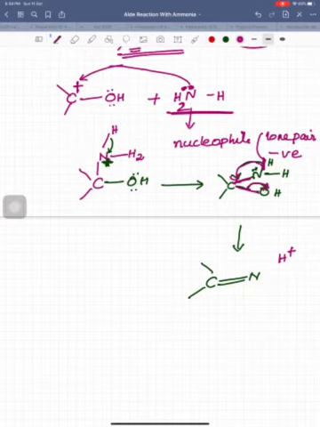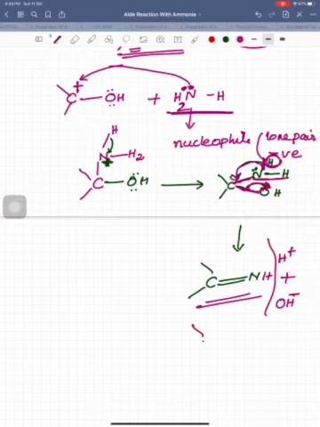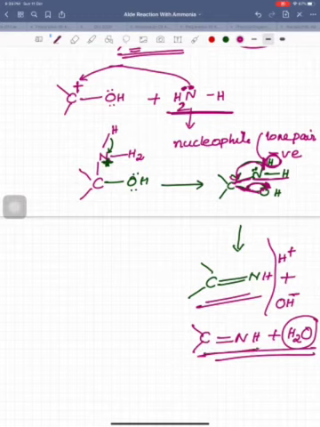So what is the resulting product? NH. This hydrogen is leaving as H positive. This part stays with the nitrogen itself. This bond goes along with the oxygen, or not only oxygen, the OH is there. So OH goes with its electrons, so it becomes OH minus. So the resulting product is like this, plus H plus OH portion. So what's the resulting answer? C double bond O, NH, plus H plus OH minus, which you can write as H2O. So water elimination takes place at the same time.